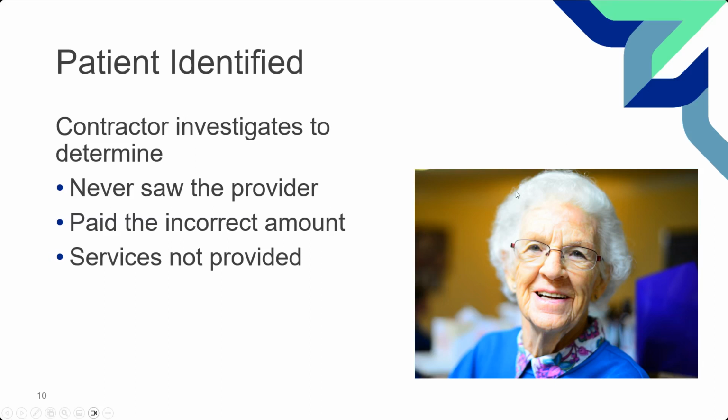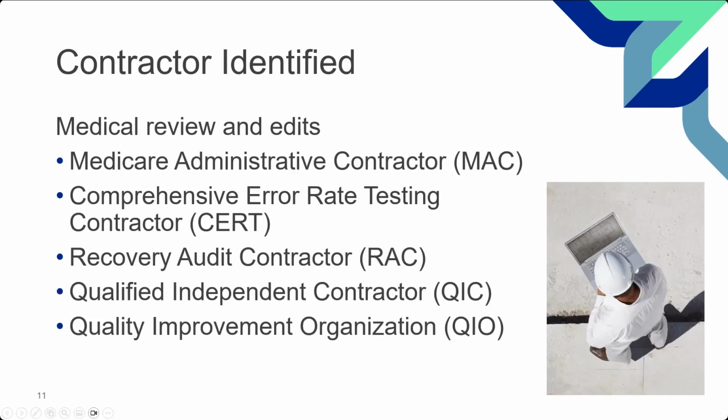Next, there are various contractors within the Medicare system that can identify an overpayment. And each one looks at things from a different perspective sometimes. Other times, they all look at things from a medical necessity perspective, some pre and some post-pay. So a Medicare administrative contractor, that's us. We process claims for Medicare. That's what the Medicare administrative contractor's primary function is. They also do the supporting roles to process those claims, which would include medical review and writing audits and edits, things like that. So a MAC can review a claim and determine, hey, this is not to have been paid.